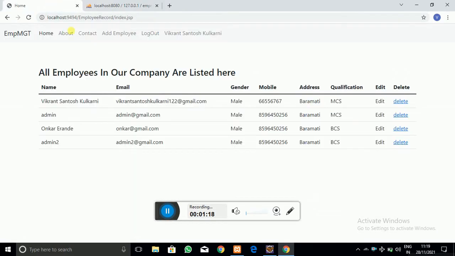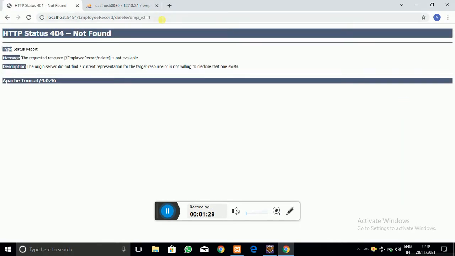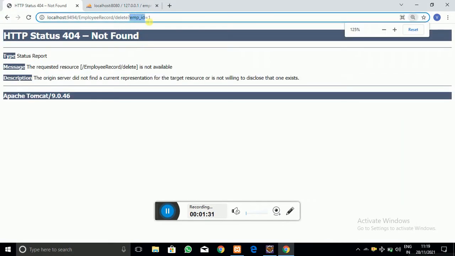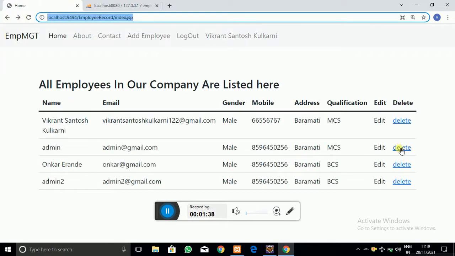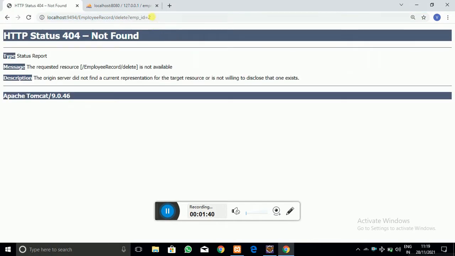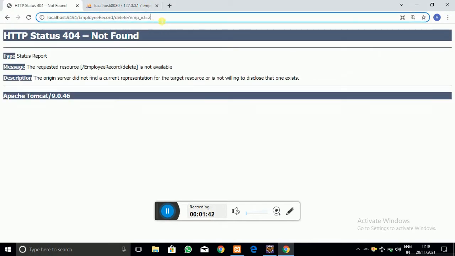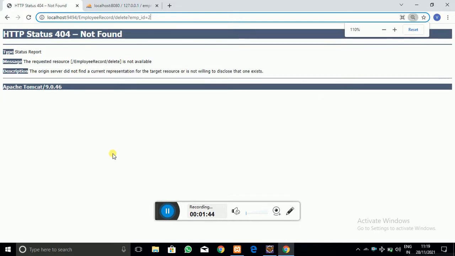Let me come to the home page and refresh it, and when I click on the delete link of the first record, you can see in the query string that employee id equal to 1 is there. And not only that, when I click on the second one, you can see that dynamically I got employee id 2.